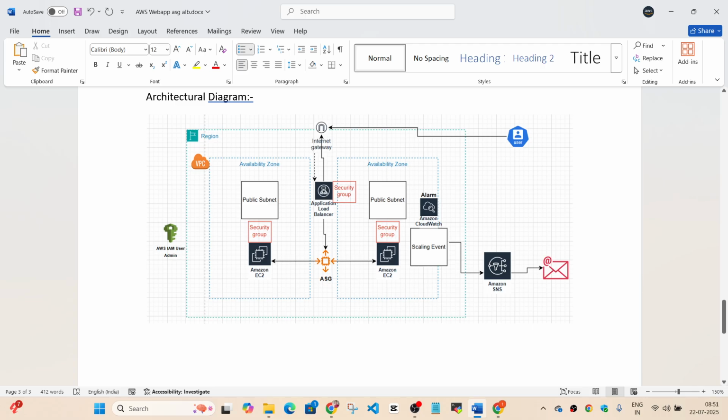Both will be public subnet. Yeah. So in general, it depends on the type of application. Here we are talking about an e-commerce platform, for example, Flipkart, Amazon. All these are on the public internet, right? So in that case, it's going to be a public subnet. But if it's for a company where you want to keep everything private, in those cases, it will be a private subnet, and only some internal users will be able to access the website. This is the only difference. So it's up to you which one you want to use.